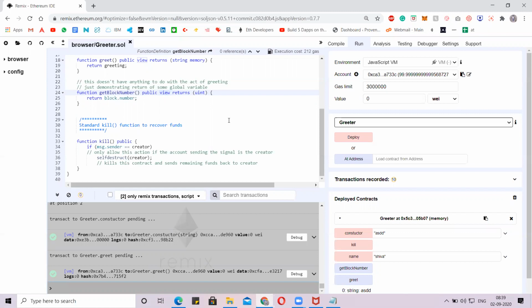So for any contract you write, any problem you are solving, try to have these four functionalities first in your contract. Is that clear to everyone? It's simple, we call it CRUD. It's nothing but create, update, read, and delete. Is that clear, guys?